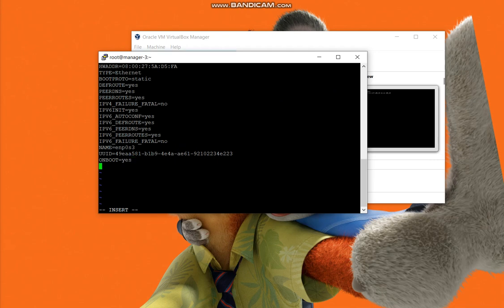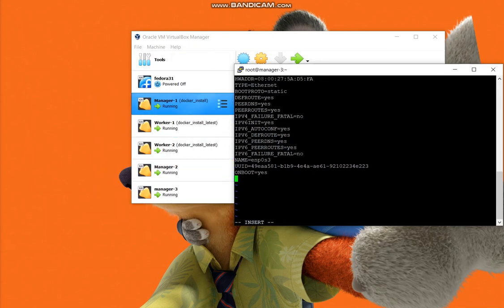In my manager series I add my domain, and my gateway is 192.168.8.1. I added manager 1 as 130, manager 2 as 131, manager 3 as 133, worker 1 as 134, and worker 2 as 135.